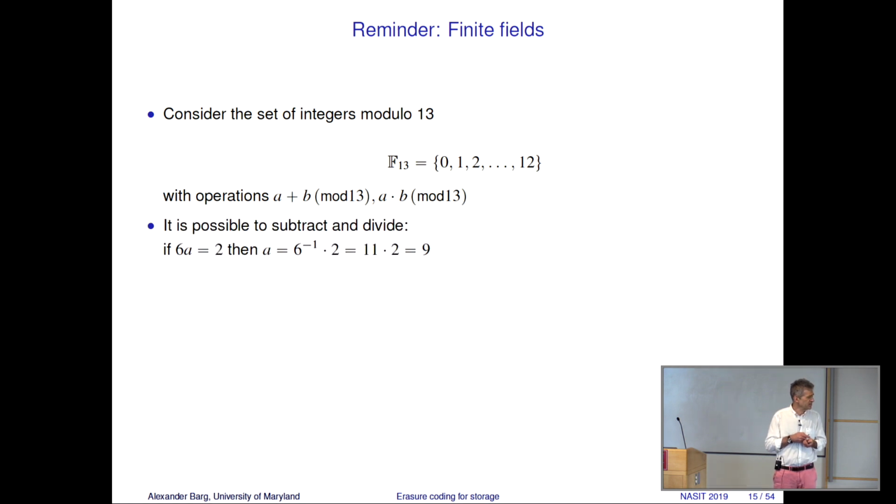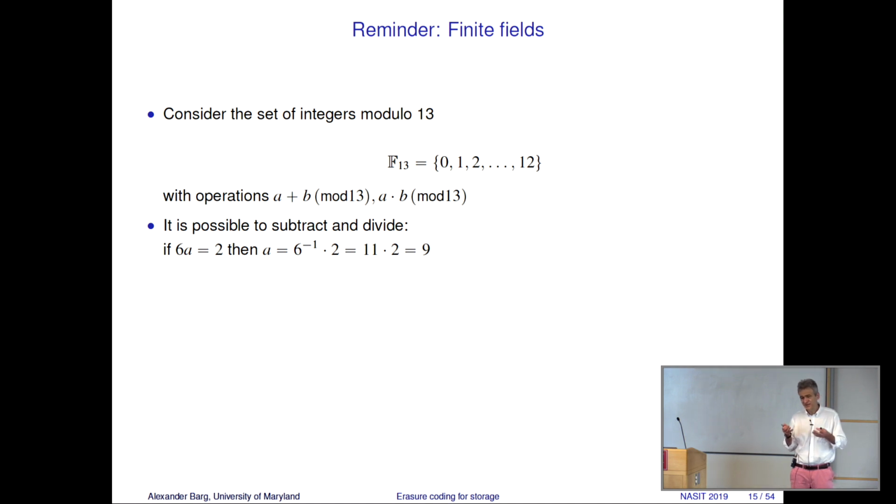Let us take a brief reminder, right? If you have seen this, I apologize, but if not, maybe as a quick overview, this will be useful. So what's a finite field? A field, such as real numbers, is a system of elements that you can add and multiply, and also importantly, subtract and divide. So they are closed under two operations, addition, multiplication, but also they have the inverses. So there is a multiplicative group and there is an additive group sitting in the background.